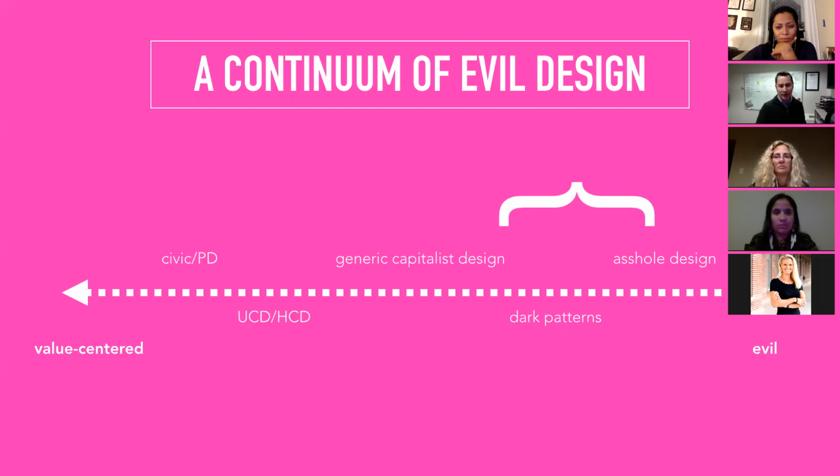So when we look at a continuum here, I'll set up a continuum just for purpose of illustration. We can imagine stuff that we all agree is super evil, and then stuff that is super value-centered. And what values, or whose values, is certainly an issue when we talk about values, but let's just accept the continuum for the moment. You have stuff right in the middle, which I would argue is generic capitalist design. It's designed to turn a profit, but hopefully it's designed to respect users too, because happy users means they're going to spend more money.